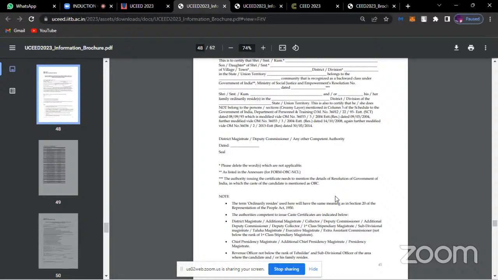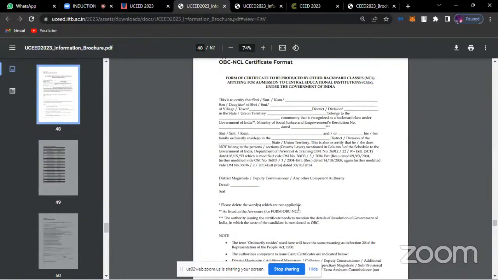It will be a huge problem and your admission will be debarred later on if you fail to upload the correct format or the most updated certificate. The certificate has to be updated, as in made or renewed after April 2022, which is this year.